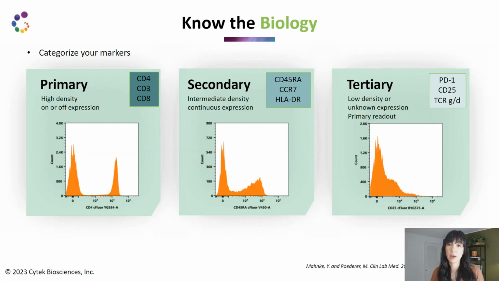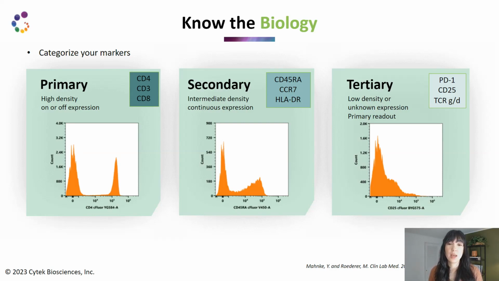And then our tertiary markers are our low density markers, or potentially our unknown expression. Now, a note about unknown: if you yourself do not know what the expression is, do some research, see if somebody out there knows what it is. But if really nobody knows, maybe that's the whole point that you're doing this experiment, then you can categorize it